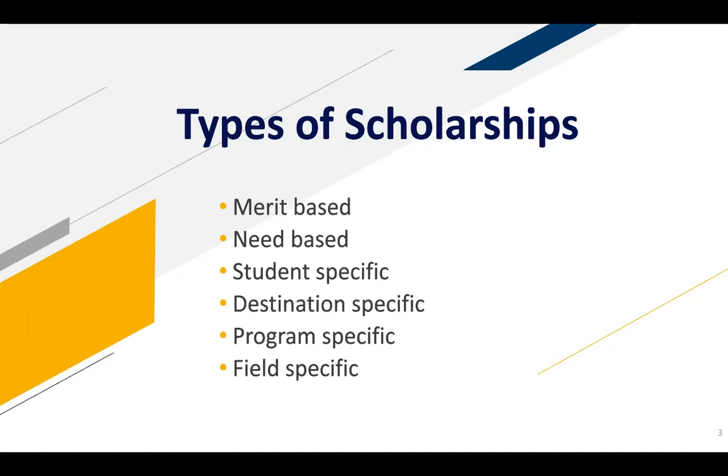Underrepresented or minority scholarships are the most common awards in this category. It includes transfer students, first generation, LGBTQIA, women, students with autism, diabetes, disabilities, single moms, DACA students. This is a huge list. If you go online and check on this type of scholarships, you're going to see that there are many scholarships available in this category. This type of scholarship focuses on very specific groups.